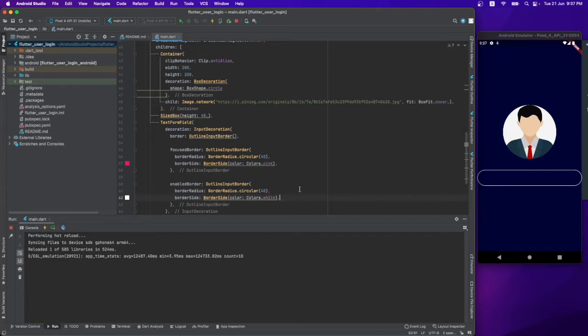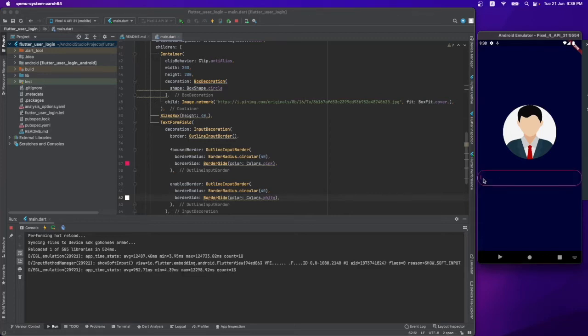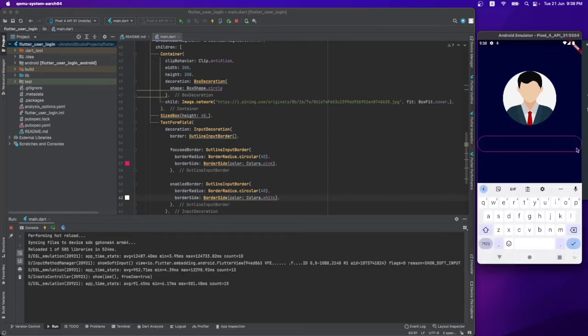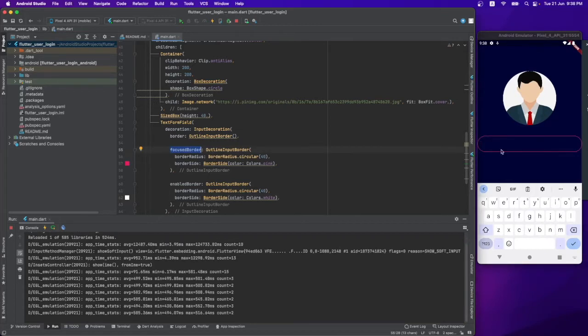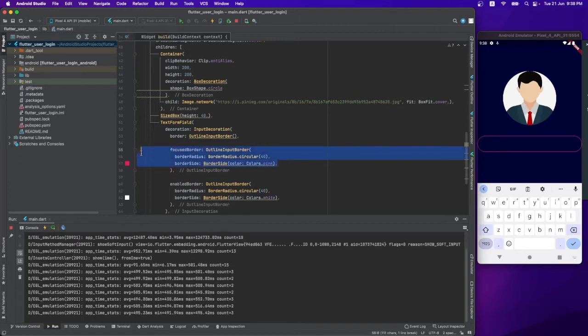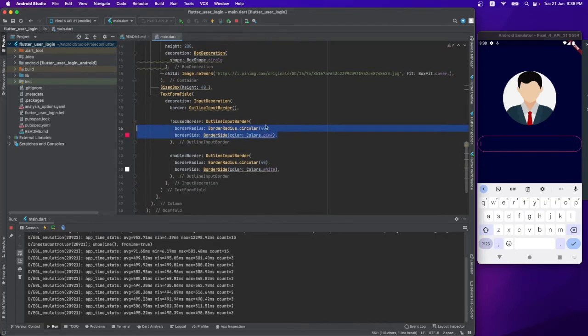And after hot reloading, as you can see here, this is a white outlined border, and when the user focused it by clicking on it, it will become the pink, as you have defined here the focus border. Now currently it is the focus border, that's why these properties are applied to it. Okay,